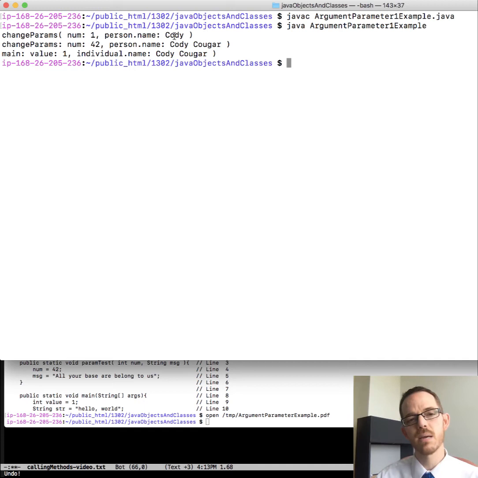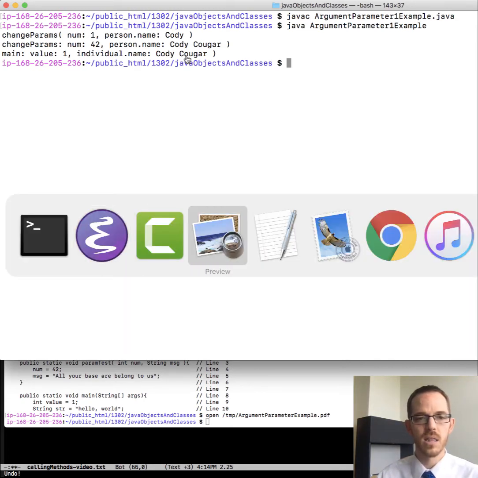We're using getName, I just want to make sure that's clear here. But then notice at the end of changeParams that num is changed to 42 and the person name is changed to Cody Cougar. And then now in main, notice value is 1, it's not 42, but the individual name is Cody Cougar. So let's see what's going on here in the code.